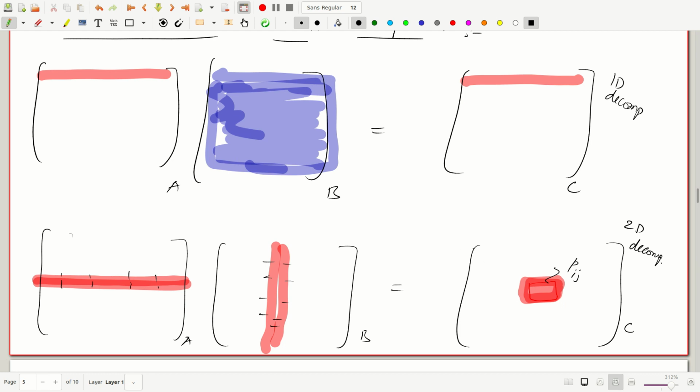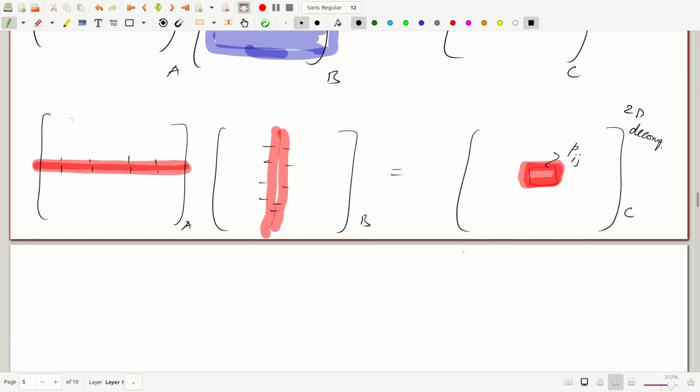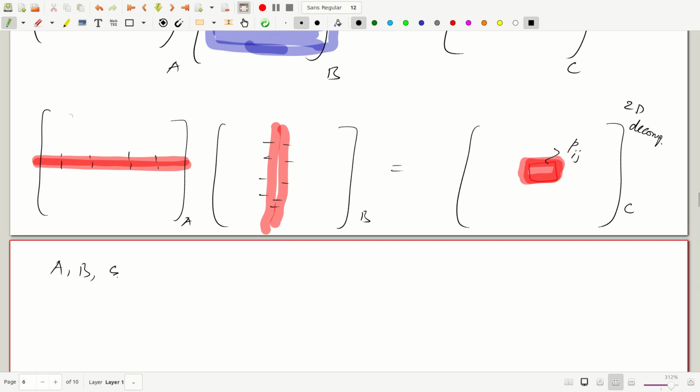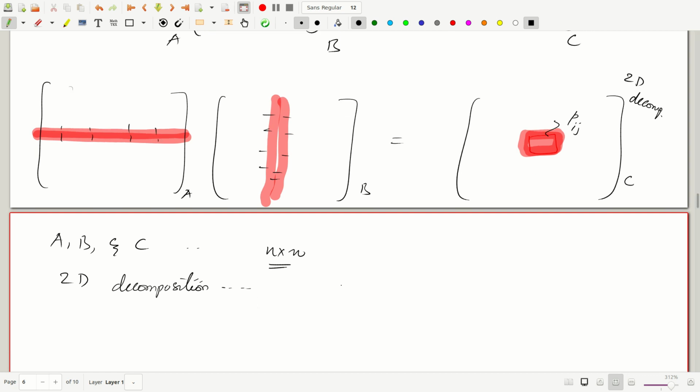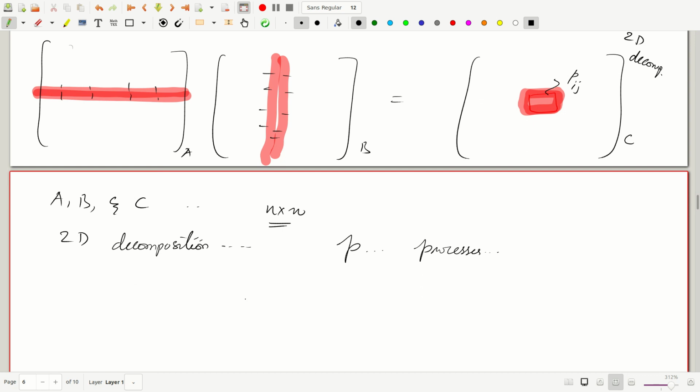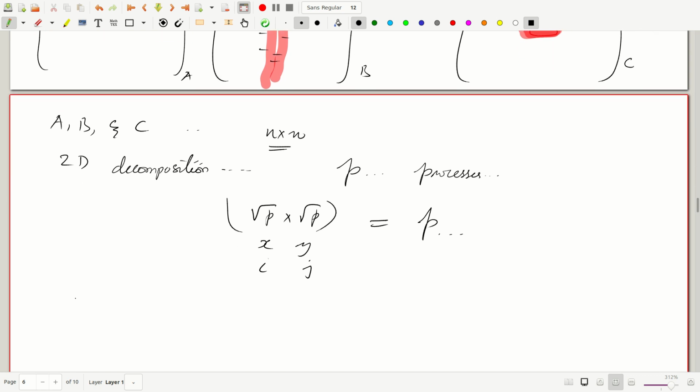So let us say we are doing a 2D decomposition of matrices A, B and C. Let's assume that the matrices are of size n by n. Because we are doing a 2D decomposition, if we assume that the number of processes is P, let us assume that the number of processes per row and per column is square root P. So we have square root P times square root P in both the I and J directions, which gives you P processes altogether. That means the number of elements per process